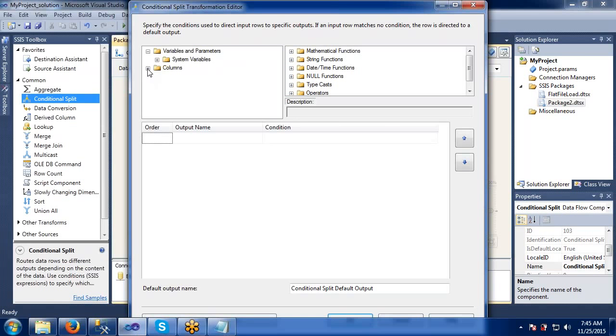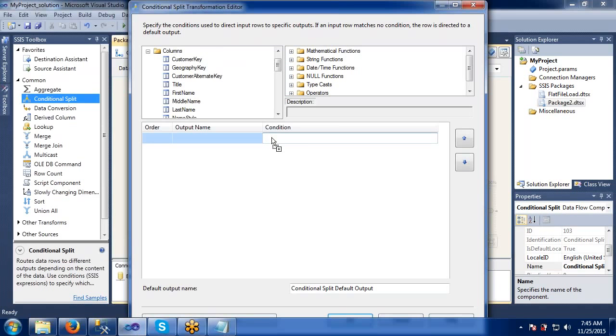So let's select the column on which we are going to apply the condition. What is the column here? The CustomerKey. So drag and drop that column here and apply the conditions. What is our condition?